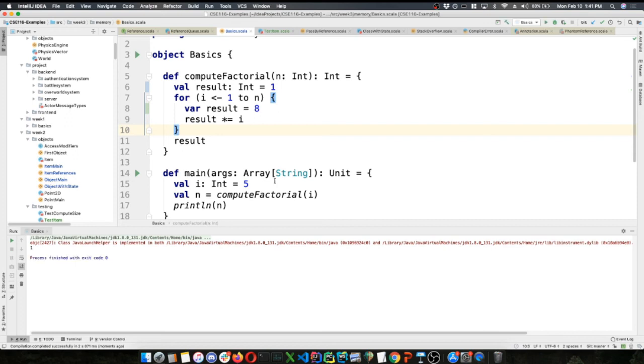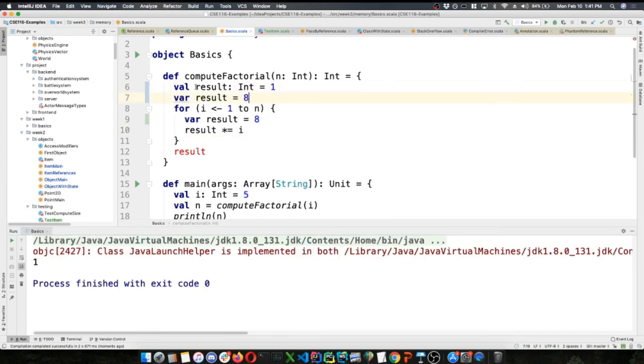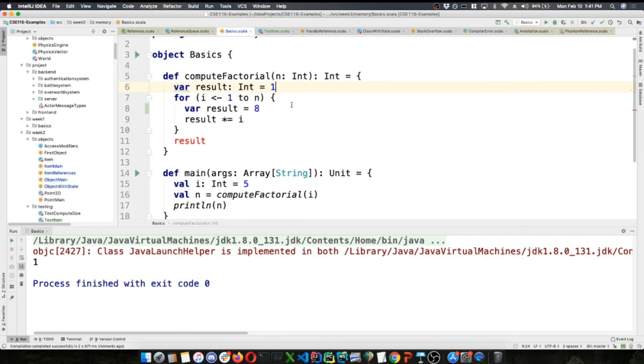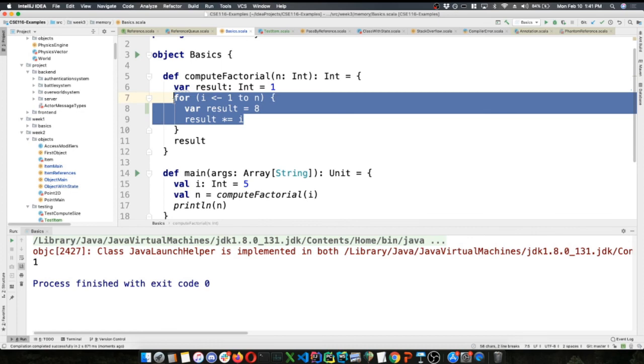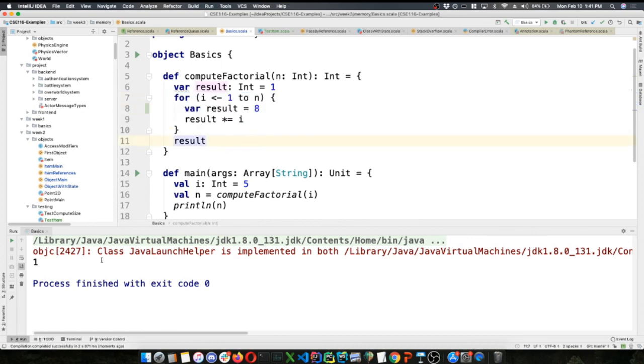But it can't resolve the symbol. It's weird. So I can't do this, but since they're in different blocks here, I can declare result, but this line is working with this result. This one has never changed. When this block ends, this result is destroyed, and this result that's returned is just 1. So I never modified that original result, but that's the only one I had access to during the return. So that's the one that was returned.